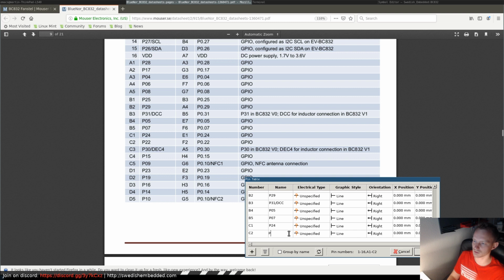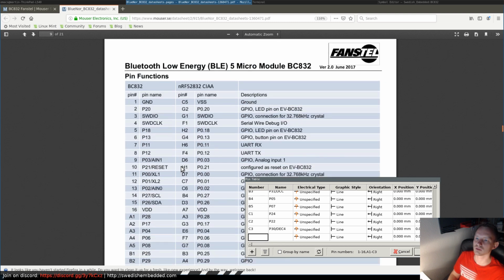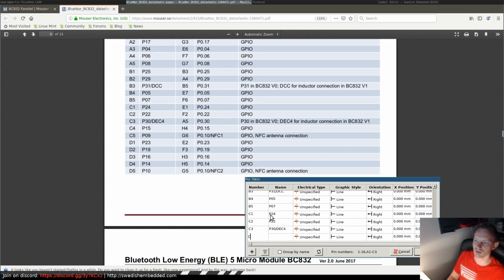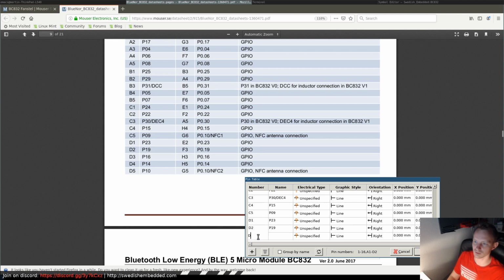C2 is P22. C3 is P30. Let's see. Yeah. C4 is P15 and C5 is P09, and D1 is P23, D2 is P19, D3 is P16, D4 is P14, and D5 is P10. All right,